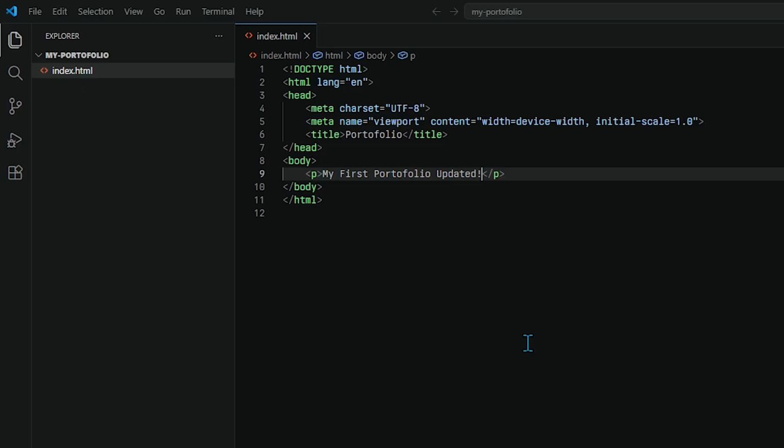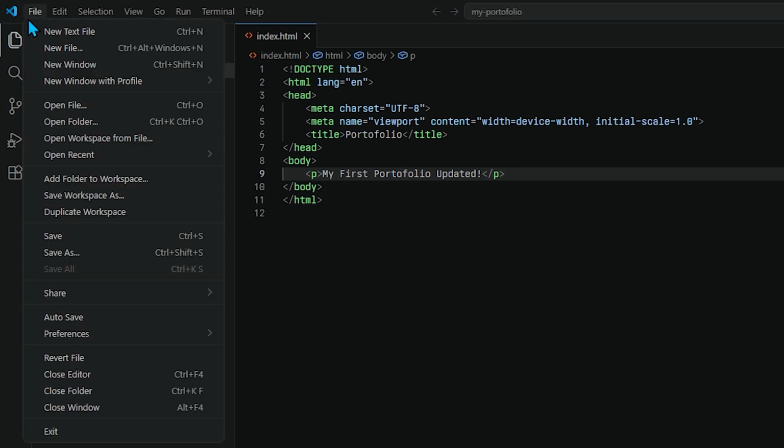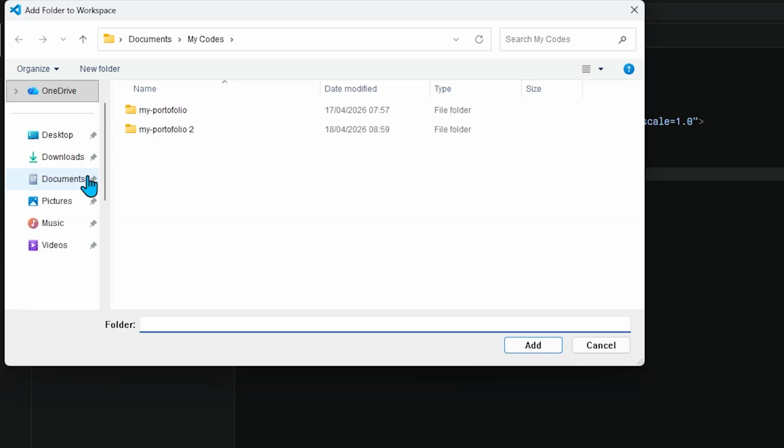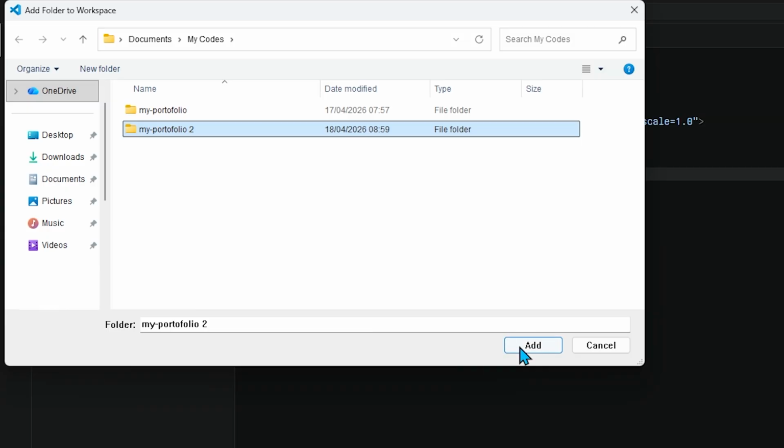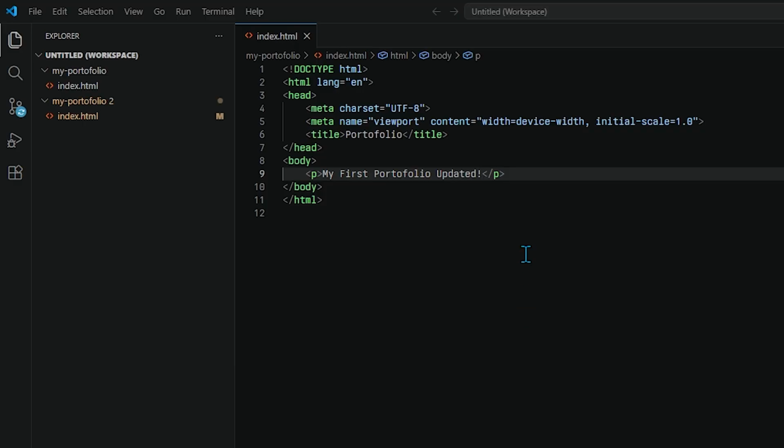If you want to add a secondary directory to your current active viewing environment without closing out the first one, navigate upward to the main top menu bar. Go to the File menu and select the Add Folder to Workspace option. This useful feature allows you to manage multiple different project directories simultaneously within a single VS Code